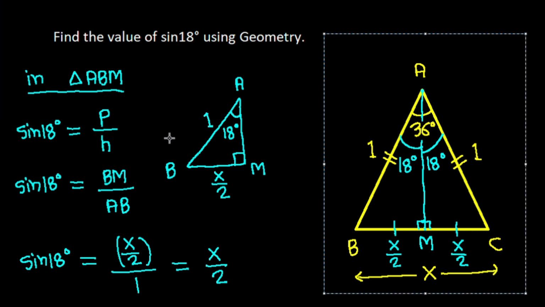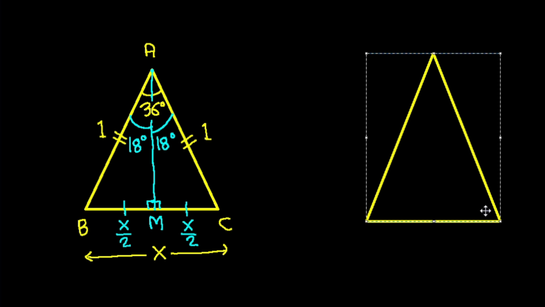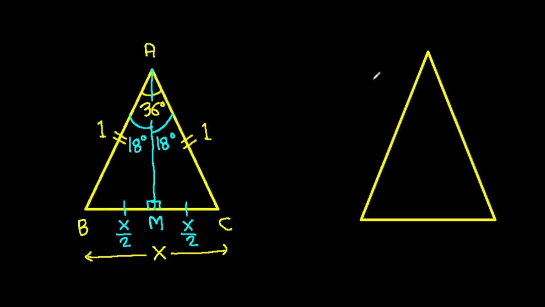and now we have a triangle ABC, and this angle is 36 degrees, BC is X, AB is 1, and AC is 1,